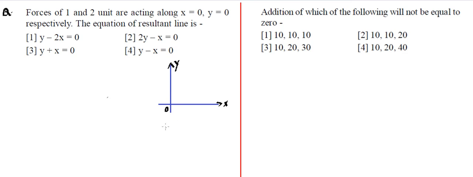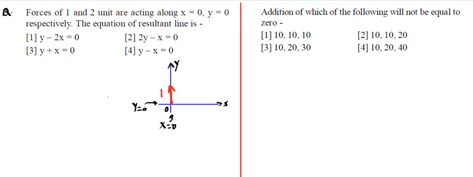That means x equal to 0 means y-axis. So whenever we say x equal to 0, that means the y-axis. When we say y equal to 0, that means the x-axis in 2-dimensional. Okay. So along x equal to 0, that means the y-axis, in the direction of the y-axis 1 Newton force is acting. So we will say there is a vector of 1 Newton in this direction. So this is a 1 Newton vector. We can draw some sort of this. So this vector is of 1 Newton, and this is in the y direction.